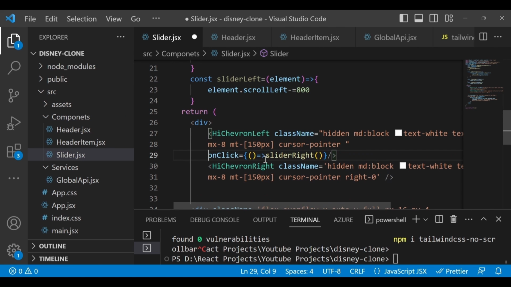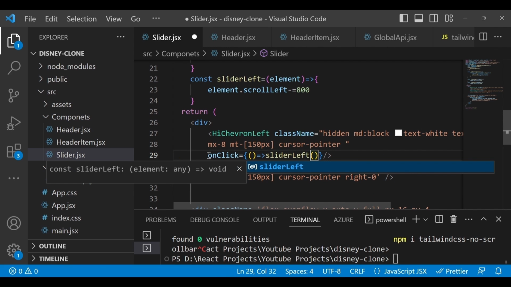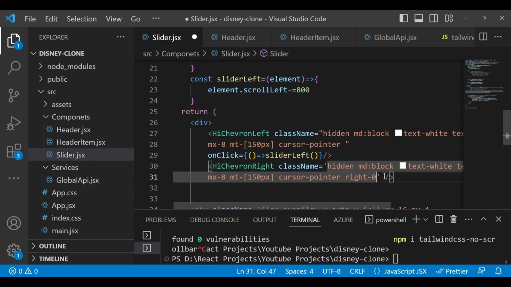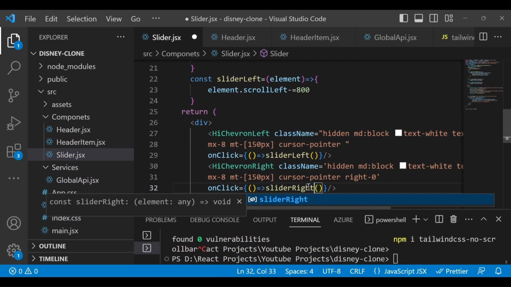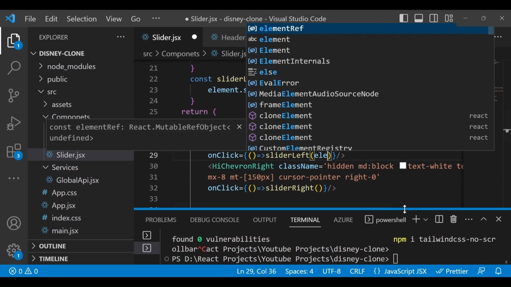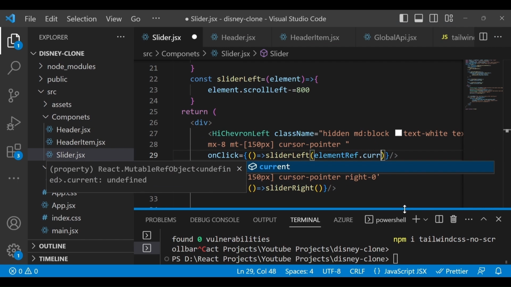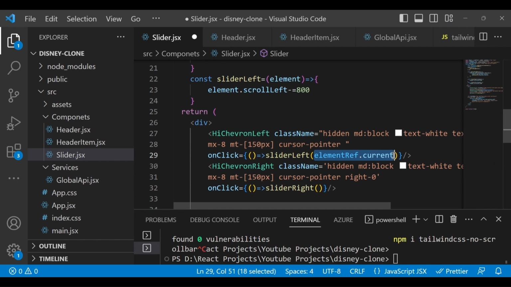Here I will write sliderLeft, for the left arrow, and then I will copy this again for our right arrow. I will just write sliderRight, and here you have to pass the elementRef.current. So whatever the current value for the slider is showing on the screen, we are passing that to this element.